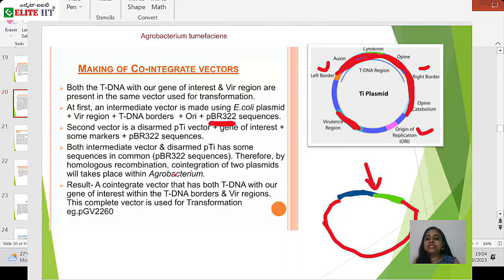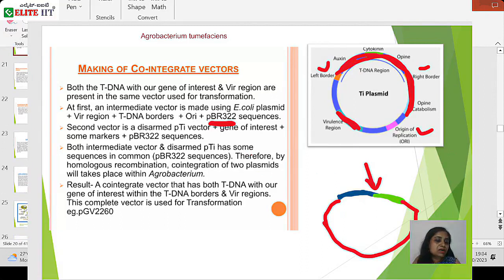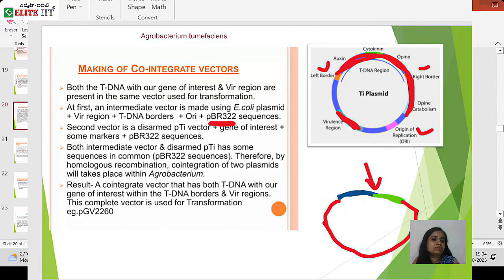So in this case, there should be one picture showing how recombination is happening. Why it is not given, I don't know. It should be given. So there will be recombination between these two plasmids. Result: